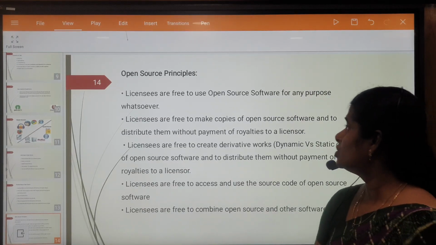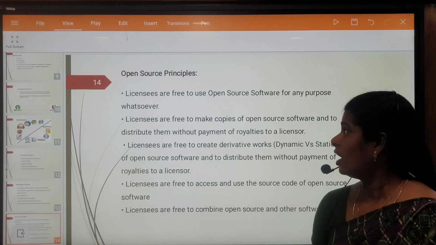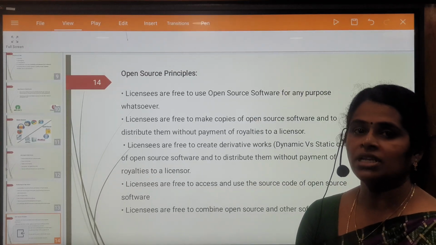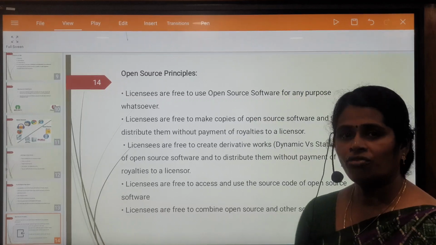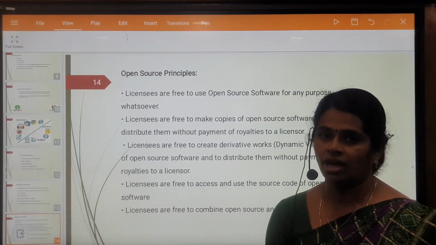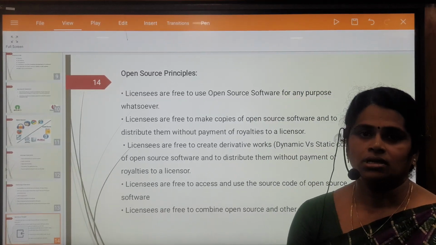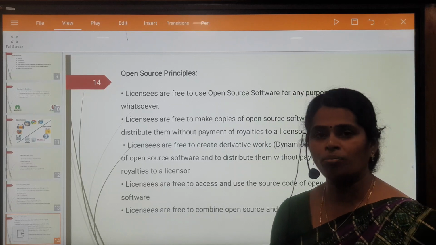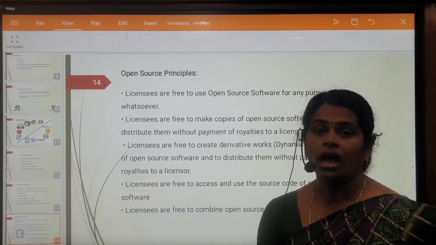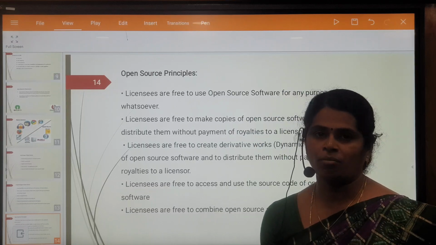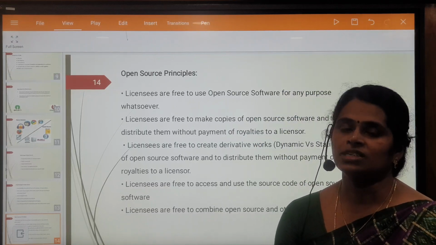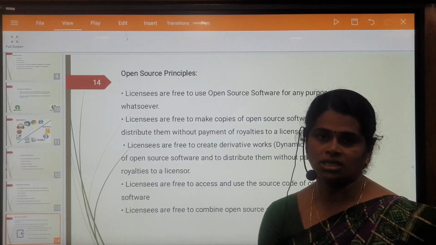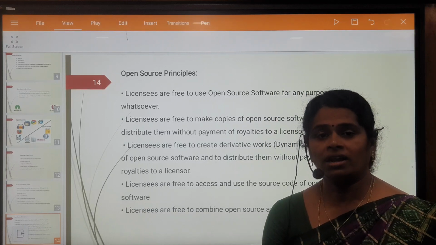Next one is open source principles. Every open source software should follow the principles. Principle number 1, licensees are free to use open source software for any purpose. Principle number 2, licensees are free to make copies of open source software and distribute them without any payment to the licensor. Principle number 3, licensees are free to create derivative works of open source software and they can distribute